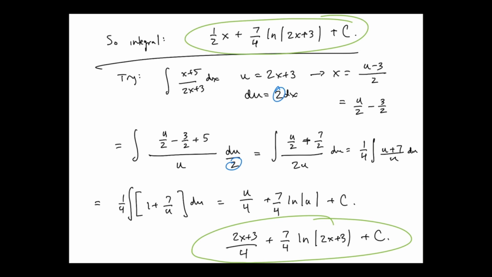But the 1/2 x looks different. Do we have a 1/2 x on the bottom version? Well, yeah, because we got 2x over 4, right? But if I split that beginning fraction, the 2x plus 3 over 4, so split that into 2x over 4 plus 3/4. Where's the 3/4 in the previous answer? Yeah? Yeah, it's sort of hidden in the plus c. Okay, so those two answers are the same,